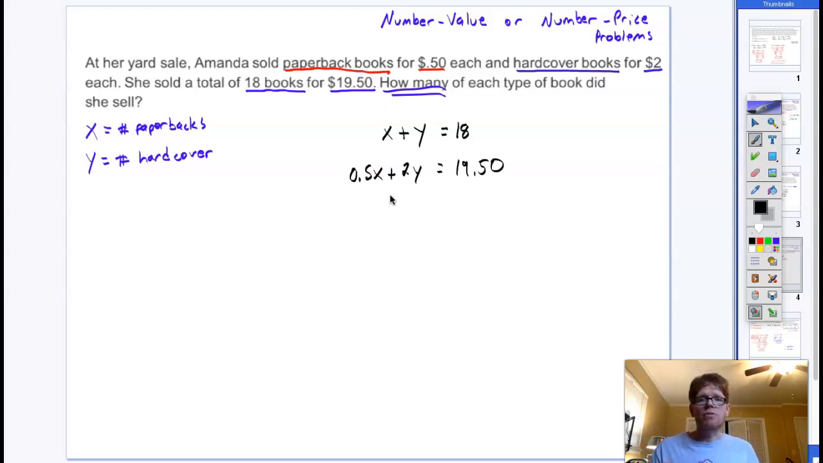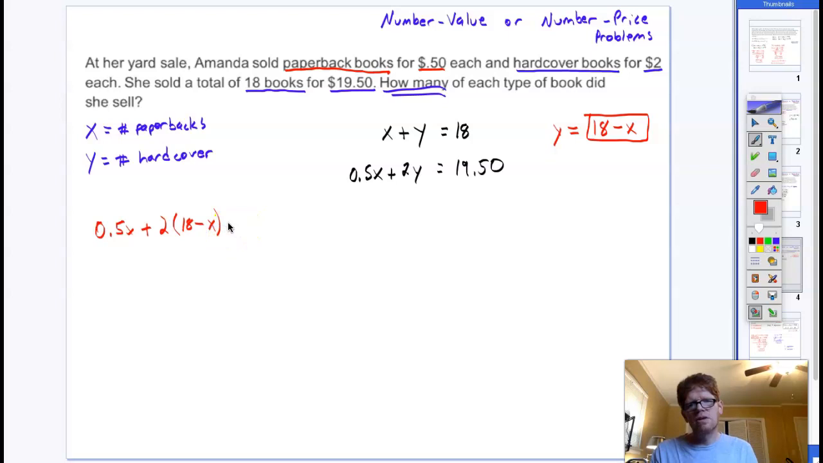I can solve either through substitution or through elimination. I'm going to solve through substitution because I think it's going to be easier in this case. And here's why. It takes me just one step to get either x or y all by itself up here. I can figure out very quickly that y is going to be equal to, I can subtract x from both sides, and I'll get 18 minus x. That's my value for y. And then I can just plug that in over here for y. So that's what I'm going to do. 0.5x plus 2 times 18 minus x